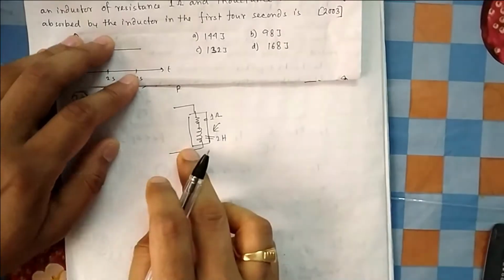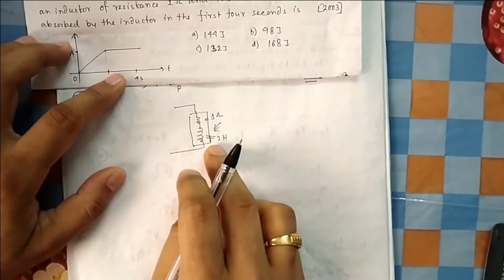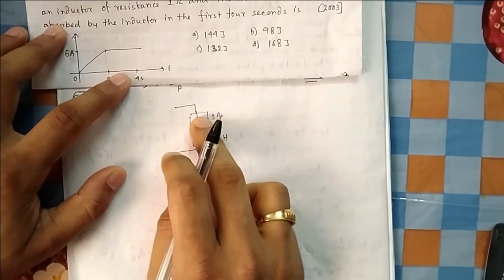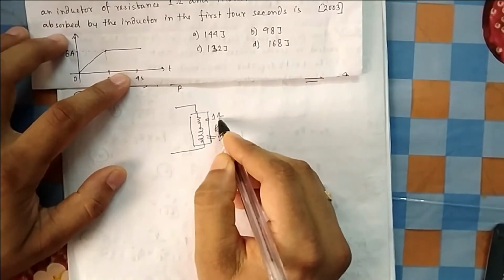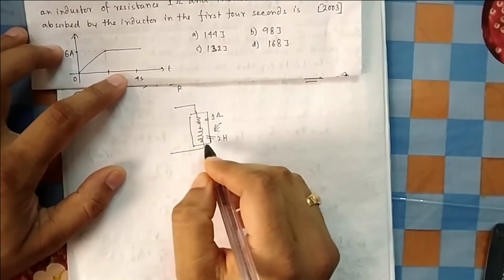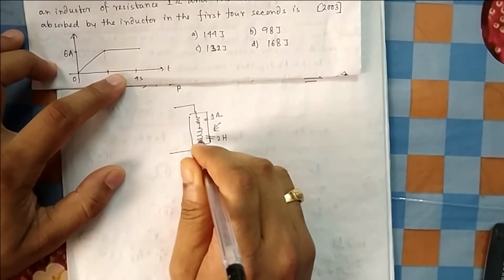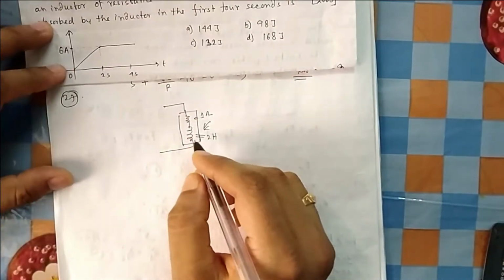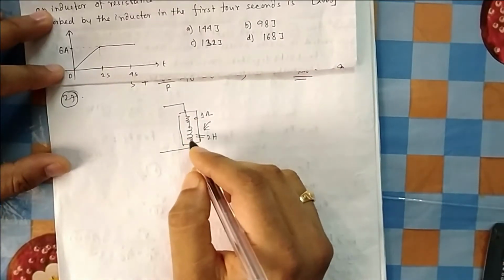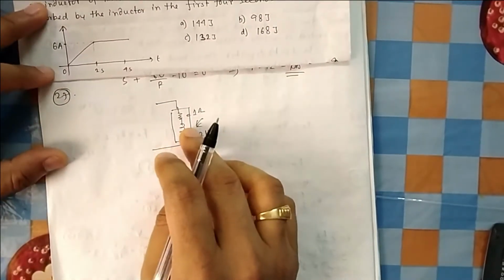The energy absorbed will be of two kinds. One is the energy absorbed in the inductor, and one is the energy absorbed in the resistance. What is absorbed in the resistance will not be recovered, because that will be heat. But the energy that is flowing and stored in the inductor can be recovered at a later time. It is recoverable. That's why we say the total power absorbed is 0, because it can return that energy. It will store it, but it can return it.